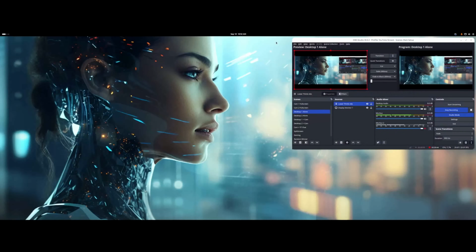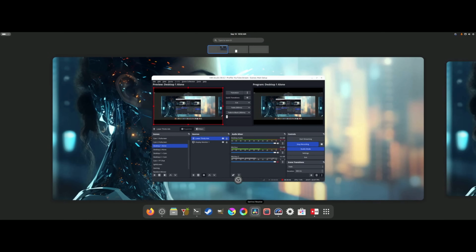Matter of fact, it even has filters in there for doing other different things like getting your lens distortion fixed and all kinds of other things. So there is plenty to be able to do in these as an alternative to Adobe's Lightroom without an issue. Let's jump back. Let's see what else we have here.